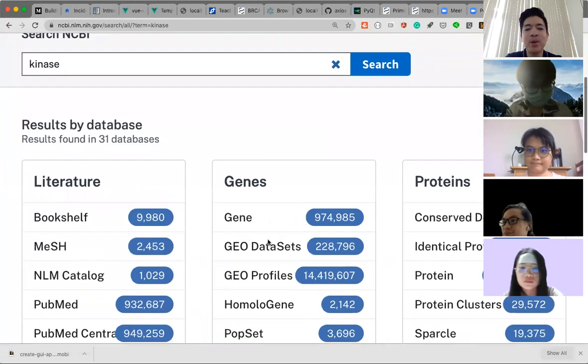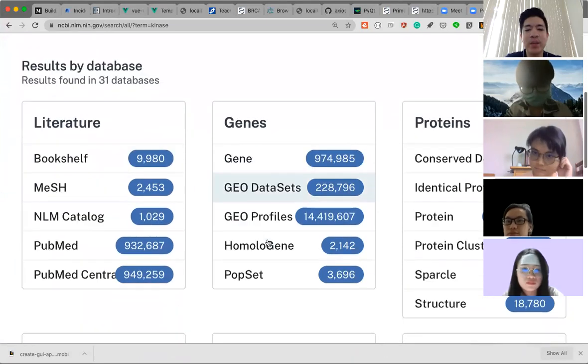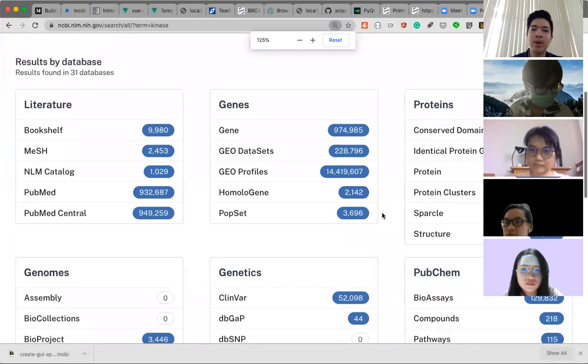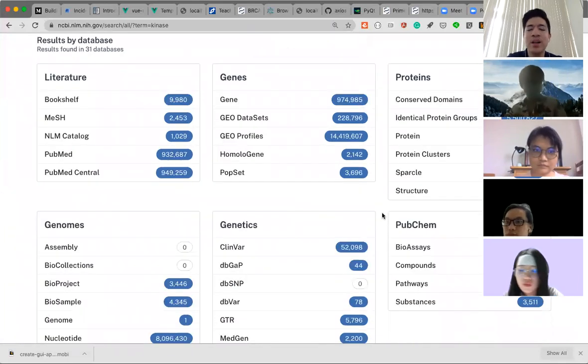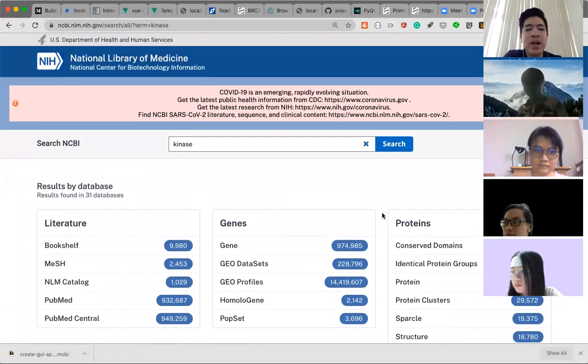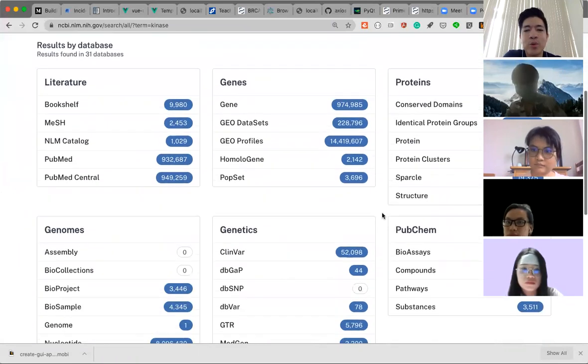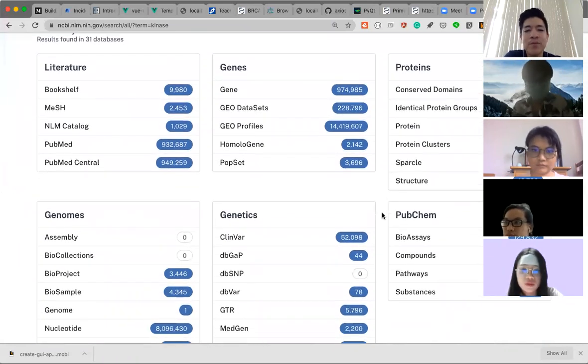Suppose that I don't know anything about kinase. I just want to play around to learn more about the kinase protein. So in the NCBI, if you search for something, it's going to show you a lot of related information, like